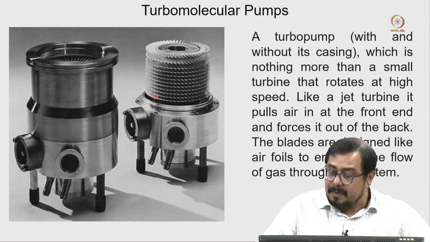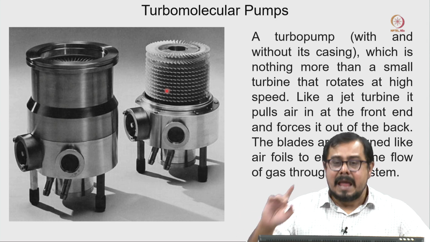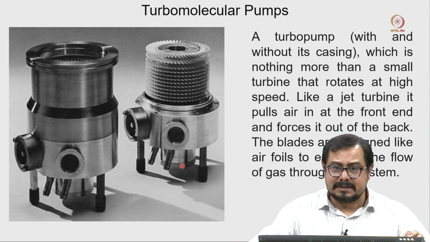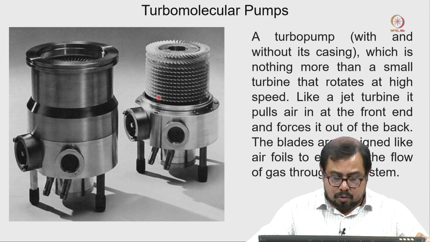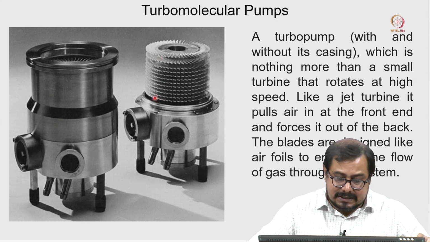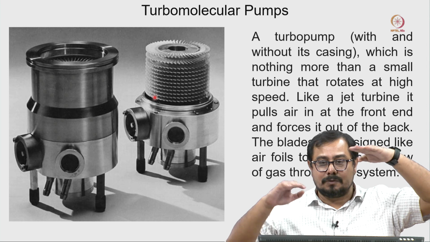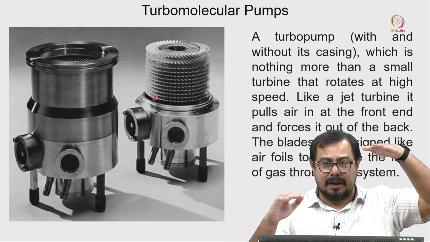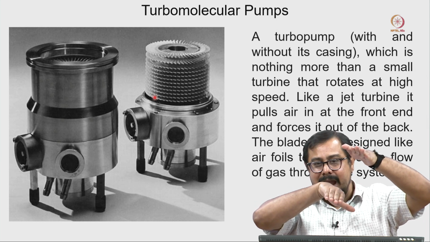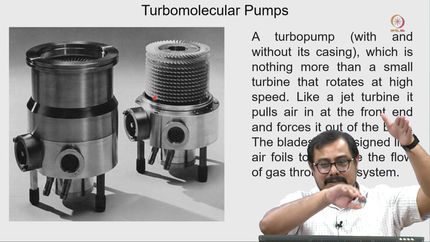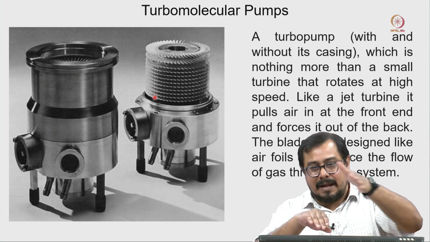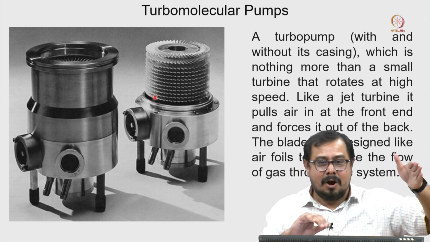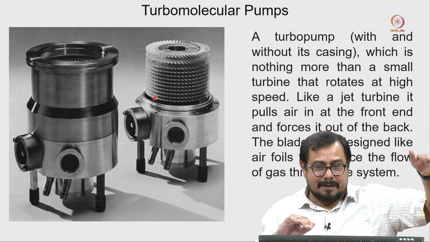So, this is a turbine which rotates at a very high speed, and it is trying to take out all the gas molecules coming from the microscope. Through these blades it will just push them out. Those blades are constantly rotating at very high speed, and they are set at a certain angle. So, if there is an air molecule here, this air molecule will be pushed by this blade because it is constantly rotating. When there is a high speed rotation, it is going to push that air molecule very